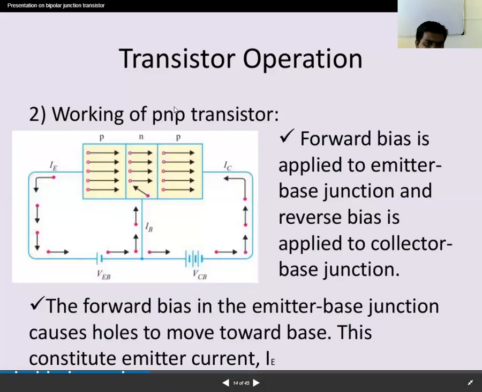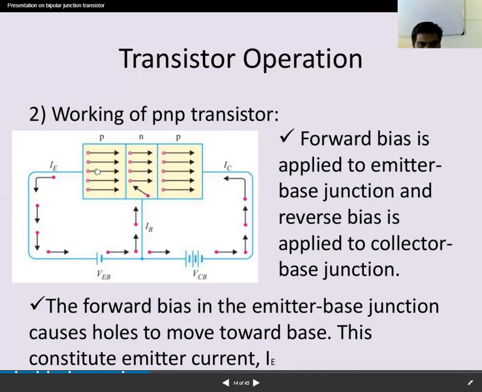Now, similarly, the same operation happens here, but here the layers are P, N and P. Here the majority carriers are holes, and the minority carriers are electrons. How does it work? There are two batteries connected. The positive of the battery is connected to the positive side of the transistor, and negative to negative. Then for the second battery, positive is connected to negative and negative to positive. So what is happening there? This part again comes in the reverse direction, meaning reverse bias.